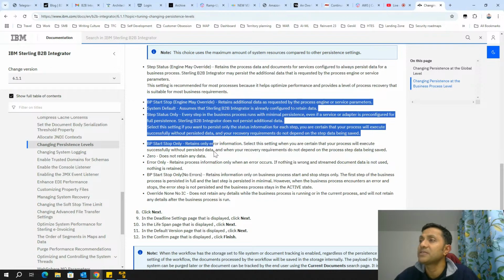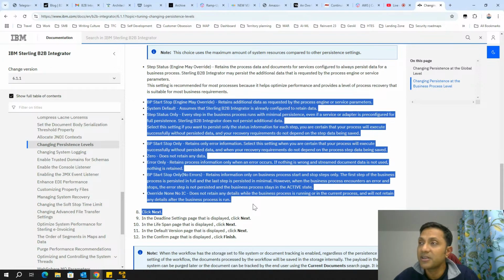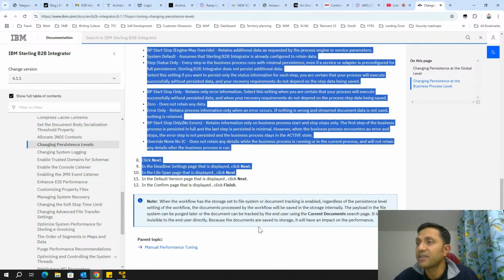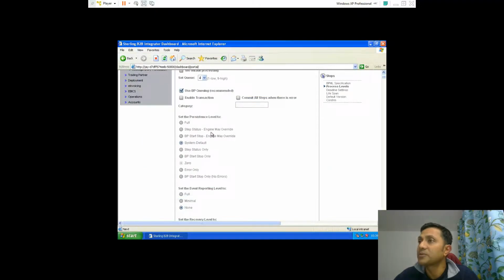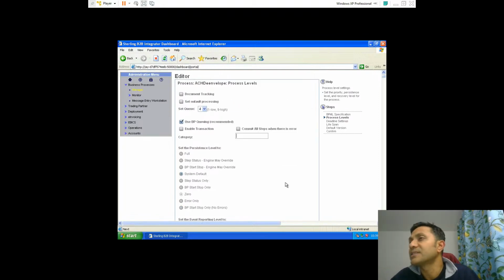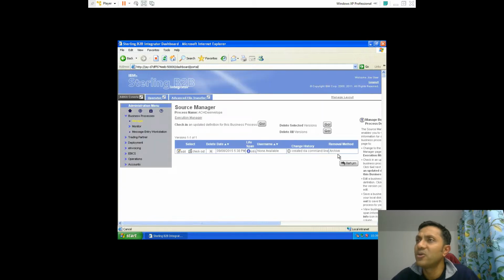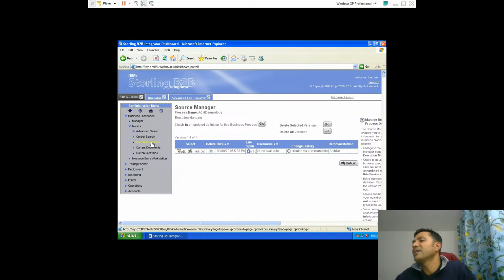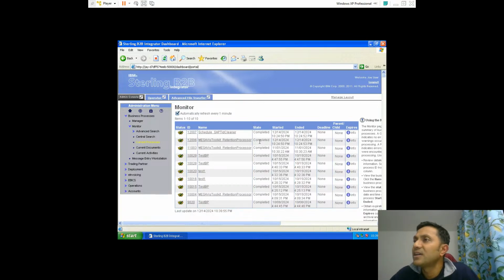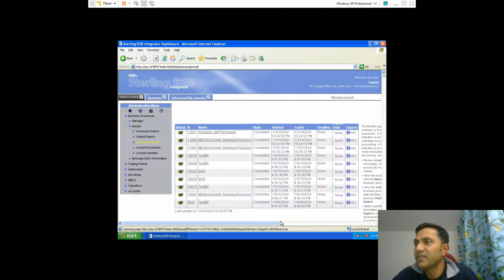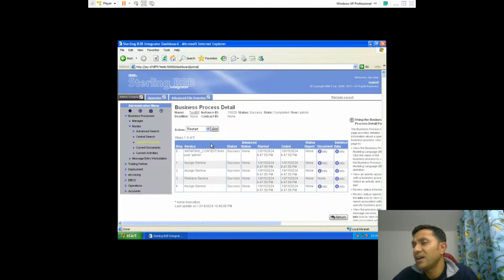So all the different kinds of procedures have some information around them, and each option talks about what it does, and then you define what is the right step. Now, I can cancel this out and go to monitor and search for any current processes. Let's see this test BP. If I click on this, you will see